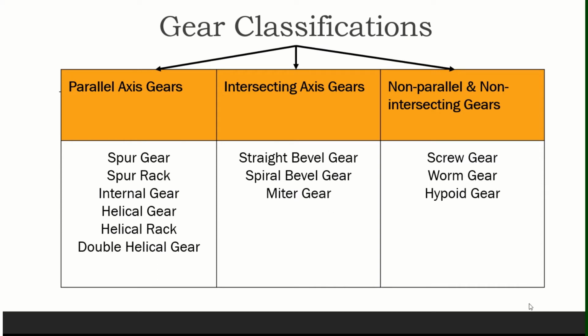And then also if the shafts are non-parallel and non-intersecting, then either the screw gear or the worm gear or the hypoid gear can be used. These are just a few examples of different types of gears, and there are so many other kinds of gears which are not listed in this list of the classifications that can also be used in an industry. So let's begin with the parallel axis gears category, and let's take a look at some of the examples in